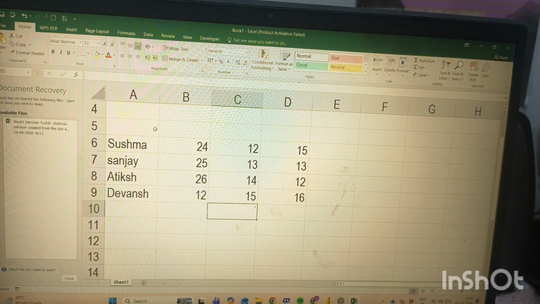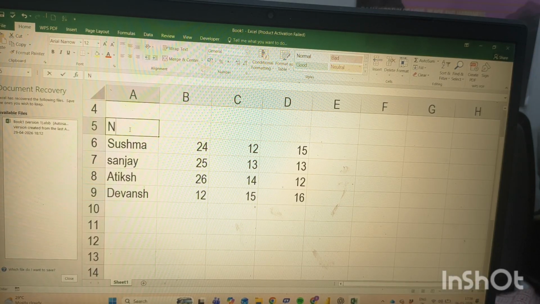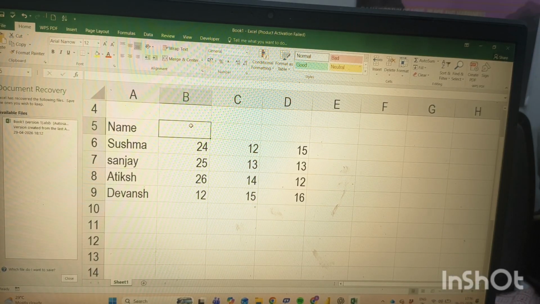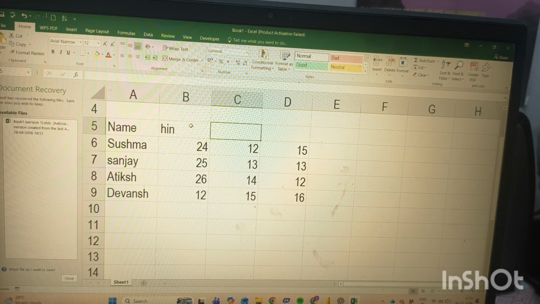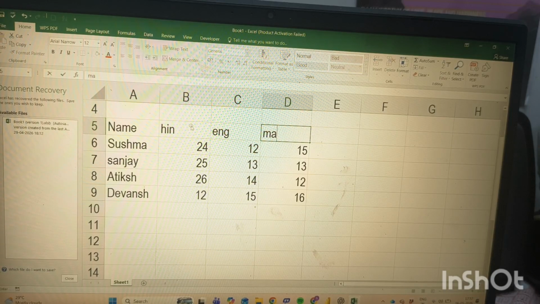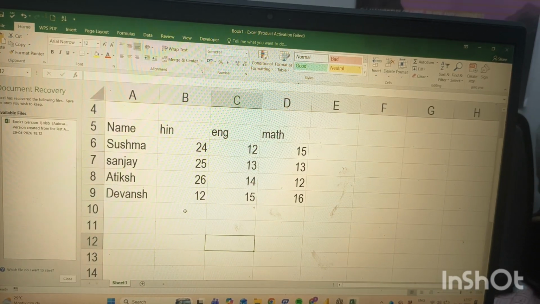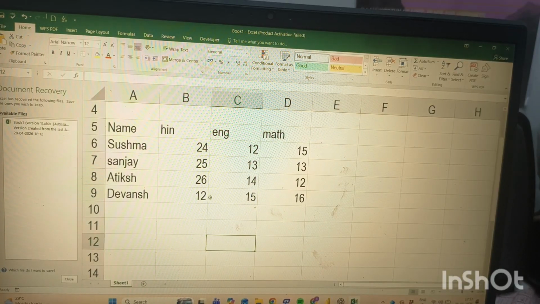So here is a table, guys. It has name, subject: Hindi, English, math. Okay, so now we are going to multiply.